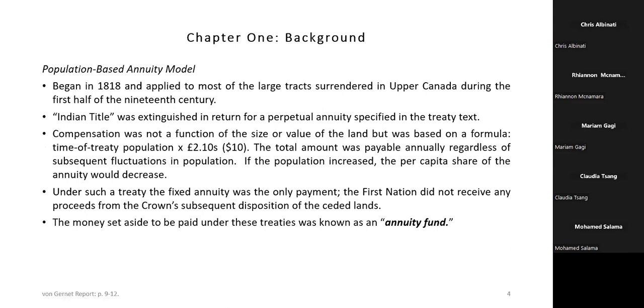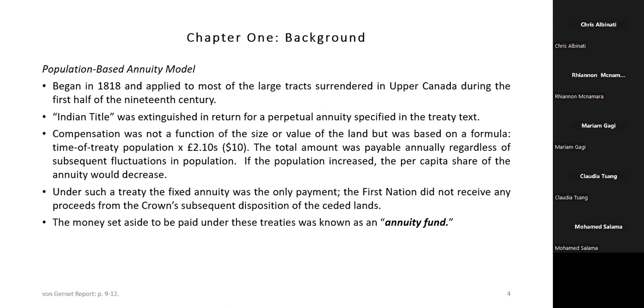Okay, let's go through that then. Yeah, so beginning in 1818 and then continuing from that time, the large tracts that were surrendered throughout Upper Canada from time to time all worked on this model of providing them with an